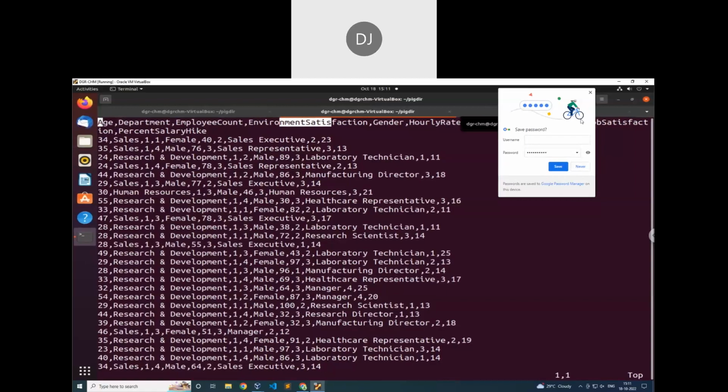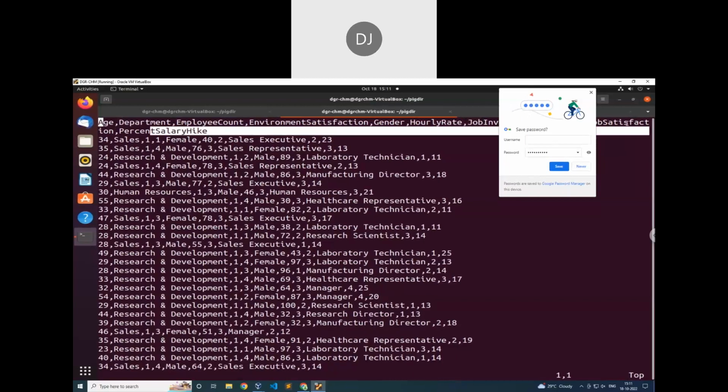And hourly rate, job involvement, job rate, job satisfaction, percentage hike. Yeah, percentage hike, job satisfaction, like this. Only these many fields I have taken. Okay, this is the data set. So what we will do, we will try to load this data set into the